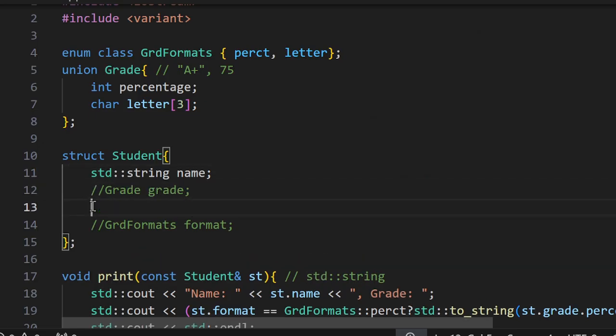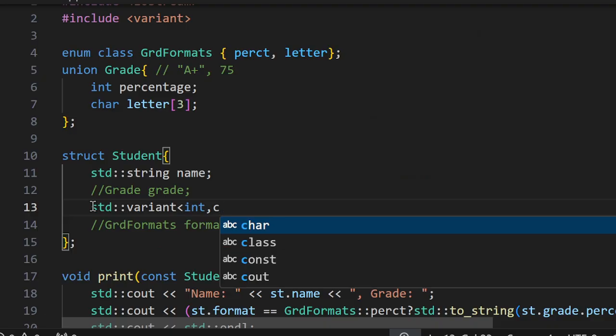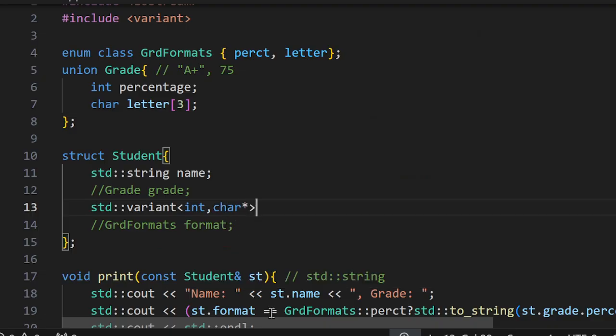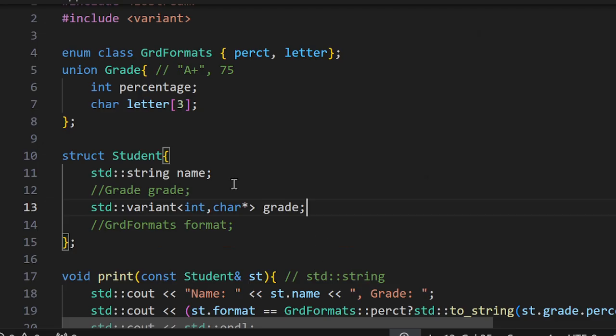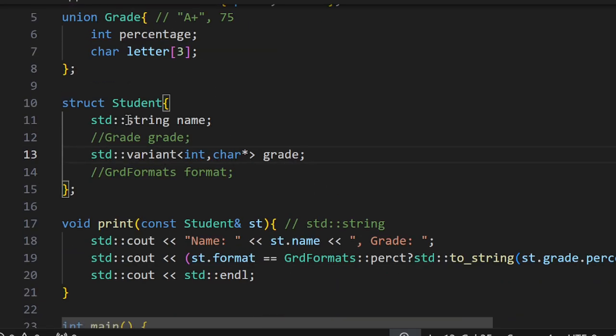I would have variant, and then it's going to be integer and character. I think it should be character pointer, because letter is a pointer to the character, and call it grade. Right, so we have some changes in the student structure,